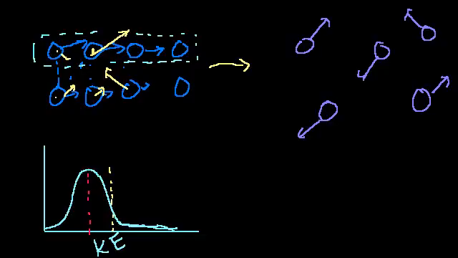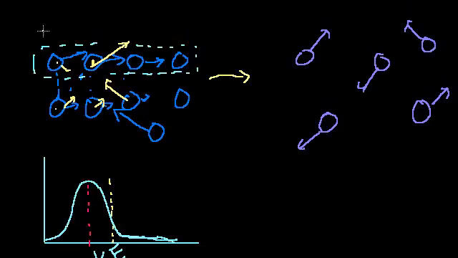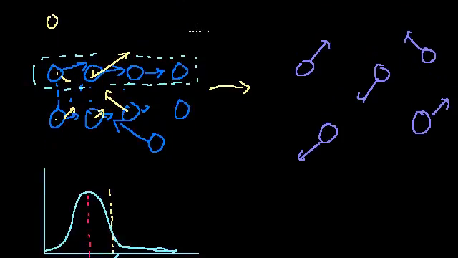Now there could be a dude down here who has a ton of kinetic energy, but in order for him to escape, you'd have to bump through all of these other liquid molecules on the way out. So in fact, he probably won't escape. It's the surface atoms that we care about, because those are the ones that are interfacing directly with the pressure outside. So let's say this is the gas outside. It's going to be much less dense. It doesn't have to be, but let's assume it is. So these are the guys that can escape into the air above it, if we assume that there's some air above it.